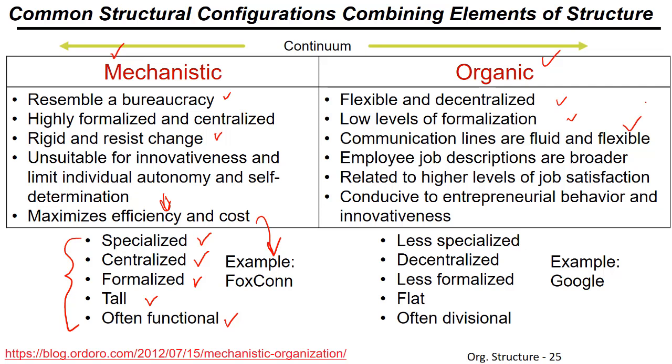Employees' job descriptions are much broader, and they tend to relate to higher levels of job satisfaction, and they are better for more entrepreneurial types of organization, small or big, which tends to encourage more innovative thinking and practice. And Google comes to my mind when we talk about this organic type of